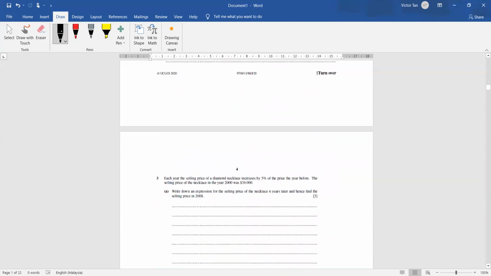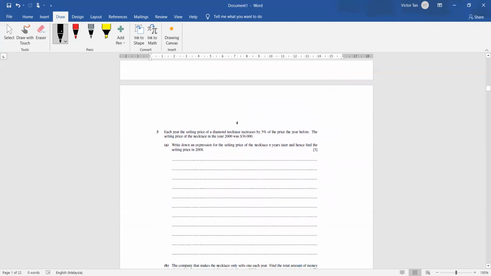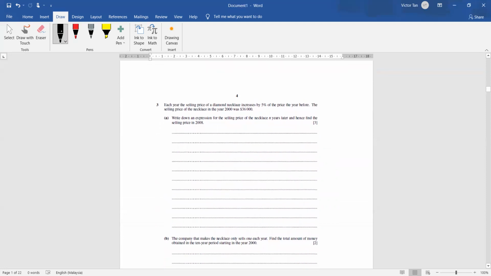Let's continue to the next question. Each year, the selling price of a diamond necklace increases by 5% of the price of the year before. The selling price of the necklace in the year 2000 was 36,000. Write down an expression for the selling price n years later, and hence find the selling price in 2008. So the selling price, this is your compound interest, where you learned in